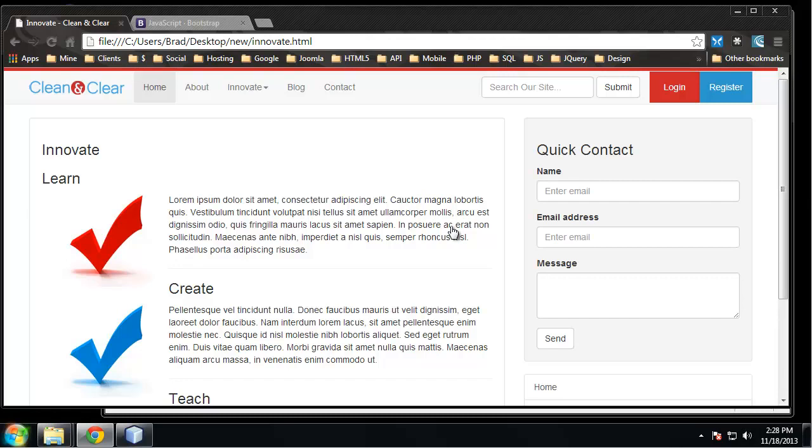Alright, so now we're going to get into building a Bootstrap carousel, which is basically a slideshow of images. And we're going to put this on the Innovate page right between Innovate and Learn. So if we go to